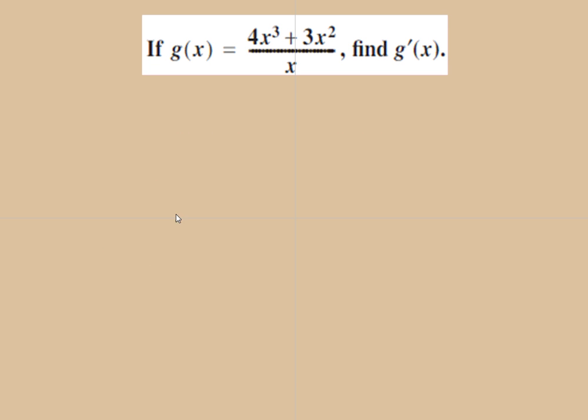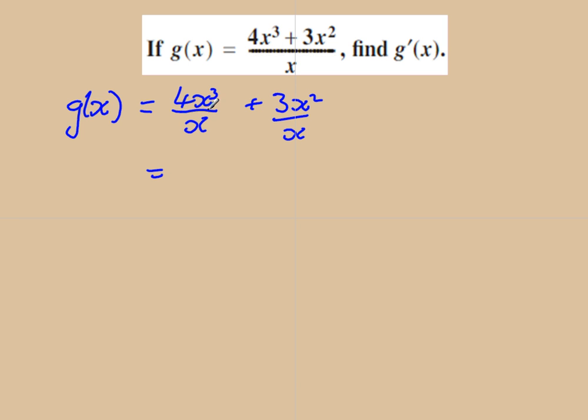Now let's take a look at this example here. As we can see at the moment, we have a rational function, and we don't know how to find the derivative of that at the moment, but if we simplify firstly by writing this as two separate fractions, so I write this as 4x cubed over x plus 3x squared over x. That then equals, we now use the indice laws, so x cubed divided by x gives us 4x squared